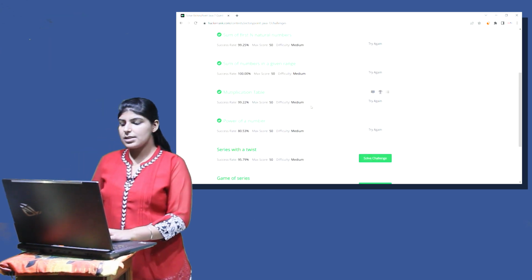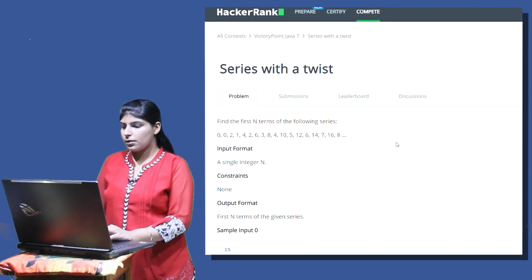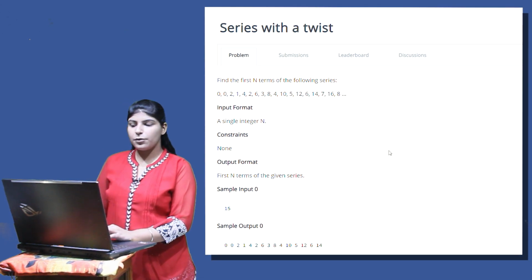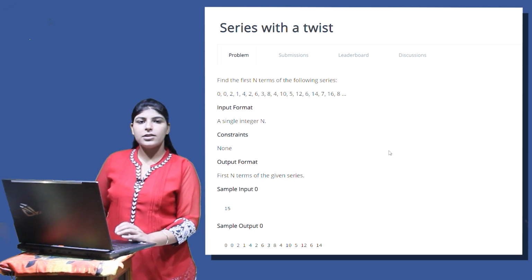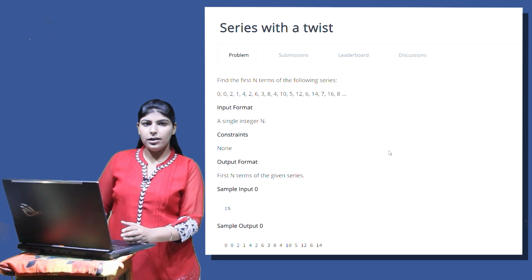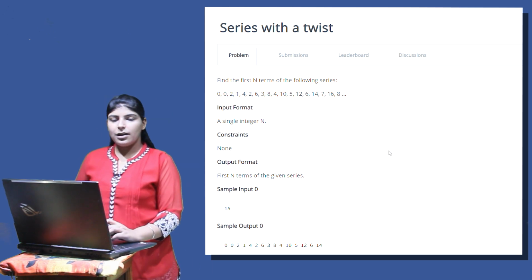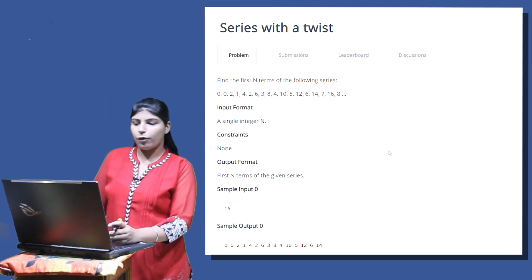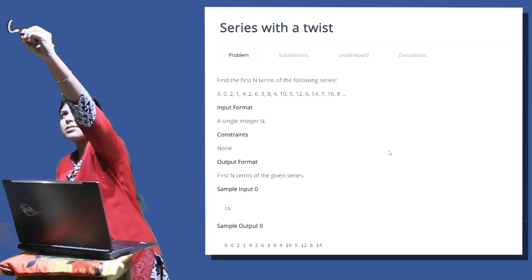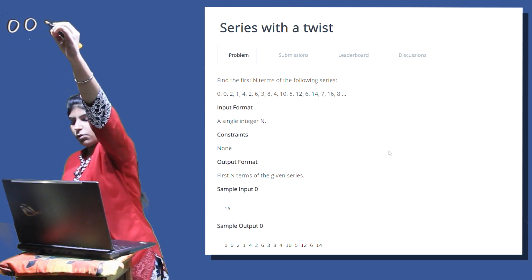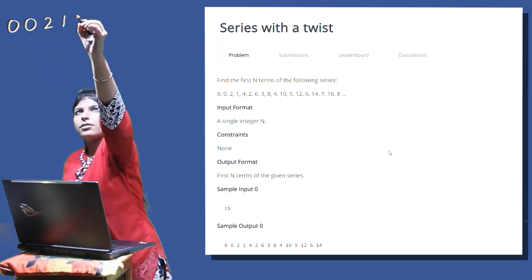The next question is series with a twist. Find the first n terms of the following series. We are given a series and the input integer n. In the output we need to print the first n terms of the series. Let us first see how this series can be formed. So the series is 0, 0, 2, 1, 4,